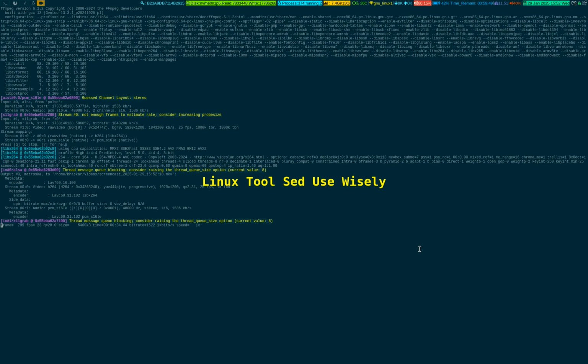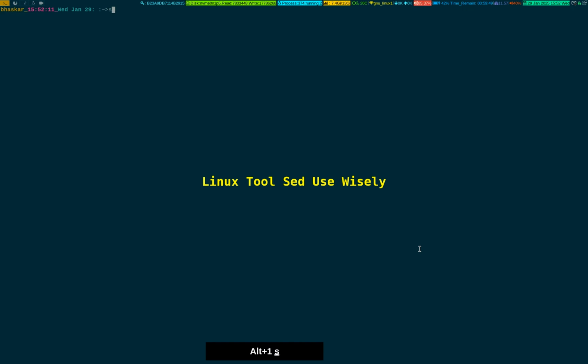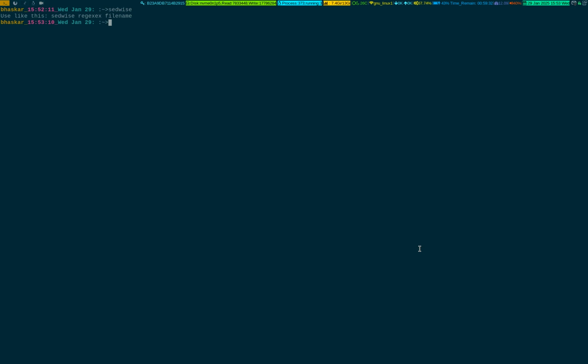Okay, to give you some sense of what I've just said, let me go to my terminal. I wrote it as sedwise, because the name is like that, to use sed wisely. Now if I press enter, it clearly states the message on how to use it: sedwise, then the regex part, then the file name to act on. So all I have to do is sedwise, then